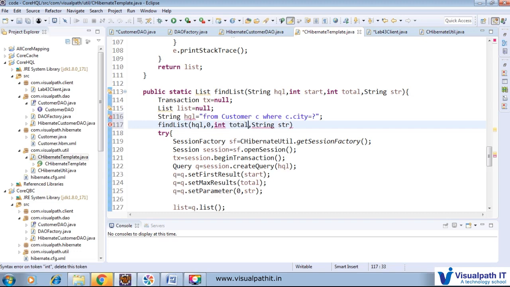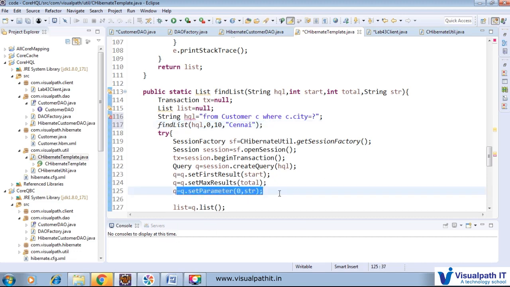In total, I would like to retrieve 10 values at a time, and I would like to provide the string str as customers who belong to Chennai. So I called this method with these parameters. Here we will set Chennai as the CT, at the first location, using q dot set parameter here.